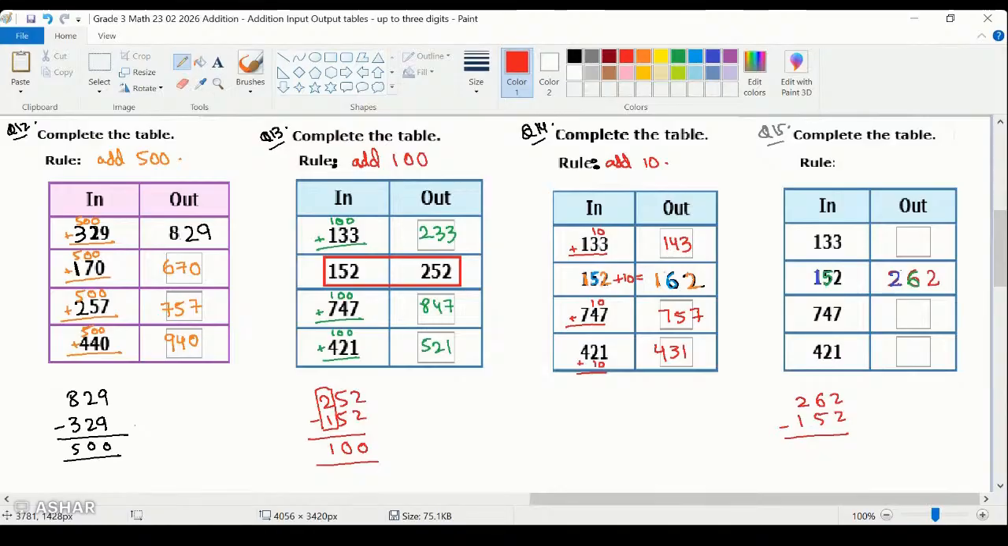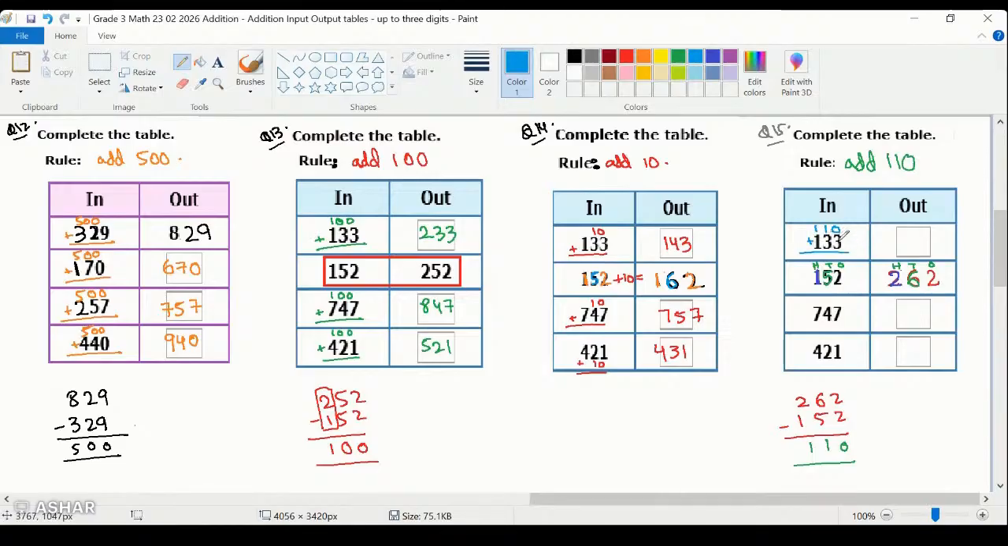Okay, see, we know that this is the hundreds, this is the tens, and this is the ones. Hundreds, tens, and ones. Right? Yes. So what is happening? Solomon, focus over here, please. 2 minus 2 would be 0. 6 minus 5 was 1. 2 minus 1 is 1. So what we are doing is we are adding 110. Okay? So when we add 110, that means